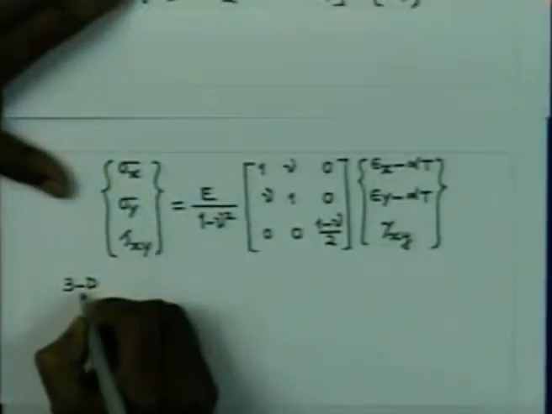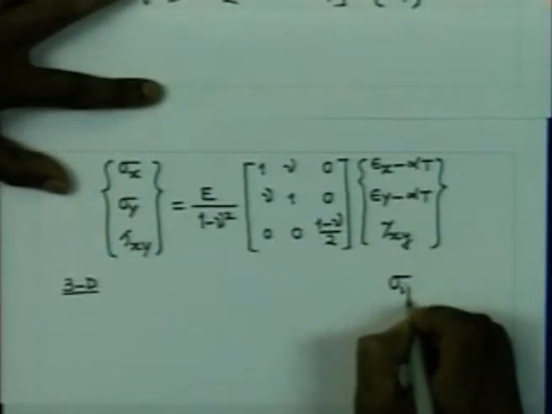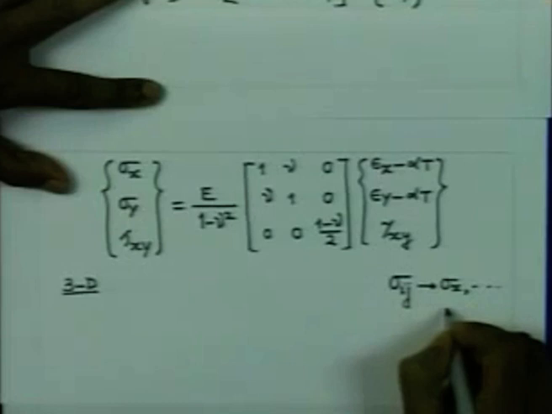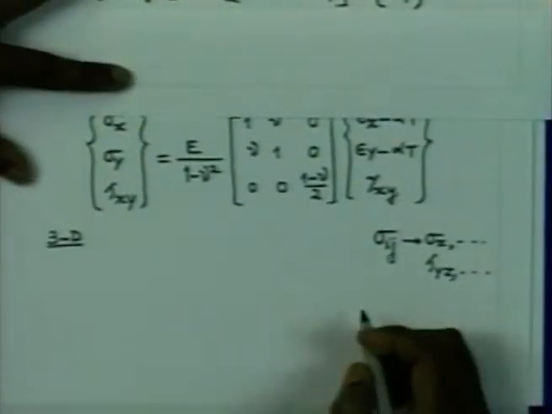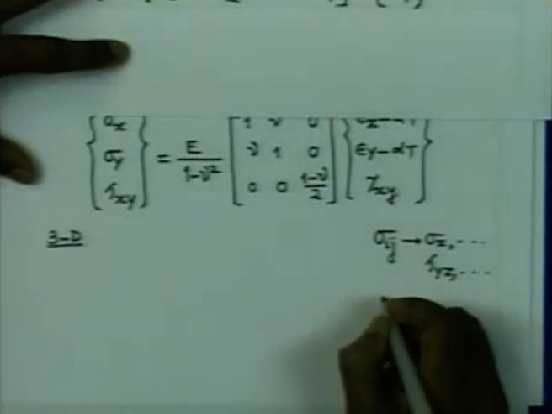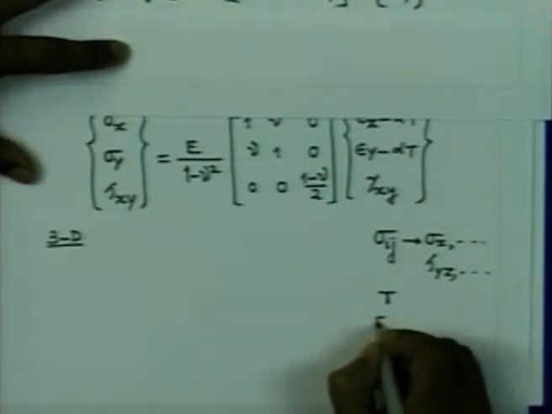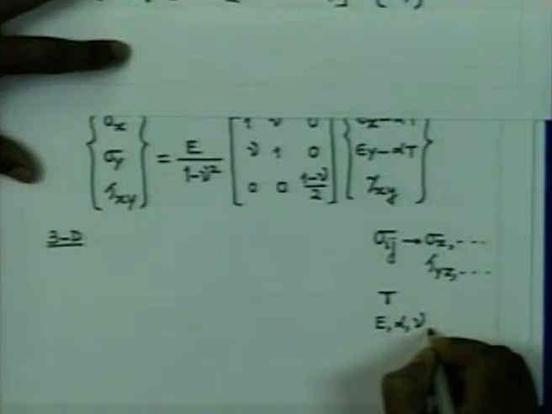So, if you consider 3 dimensions, we will have all the components of stresses: sigma x, sigma y, sigma z, and then we will have tau yz, tau zx and tau xy, and then we are also going to get a thermal field which is characterized by temperature rise T, and if you assume the material constants again to be E, alpha, Poisson's ratio nu,